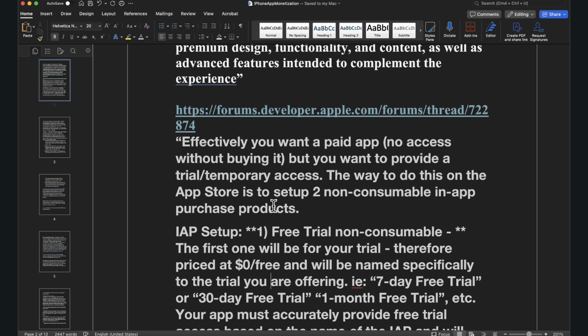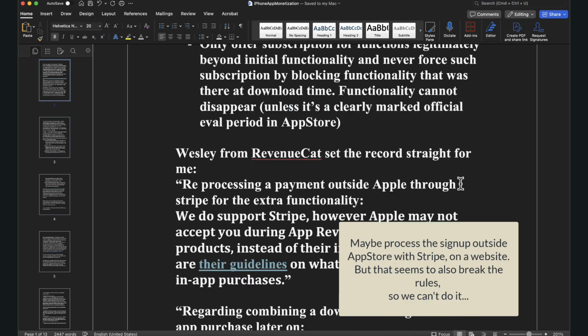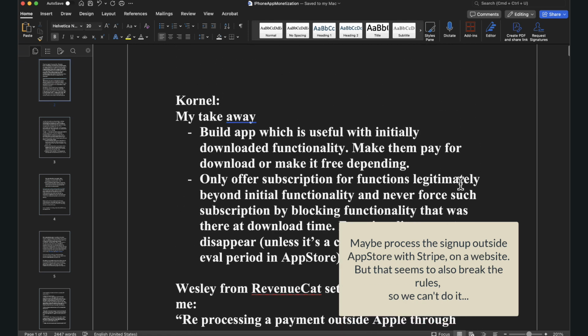when they first download the app and they connect to the server, and then that would allow them a limited number of connects, and then they would have to subscribe. But that again conflicts with Apple policies. It conflicts with Apple policies because it would block the app, and you cannot block functionality that was there when they downloaded. Another option would have been that